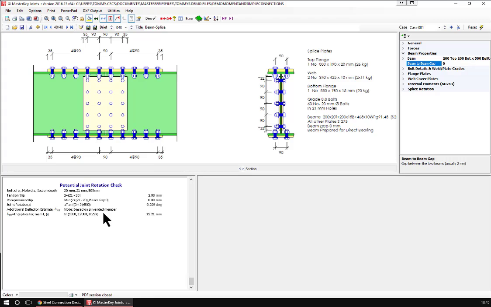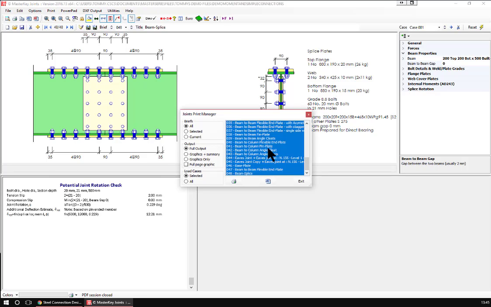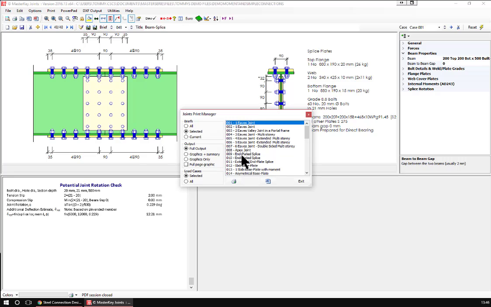But you need to be aware of it. So that is the connections standalone. Output is very simple. We can come along and print our output to printers, and I am just going to take the current joint plus maybe that one and that one and that one, and I'm going to print them to a printer,